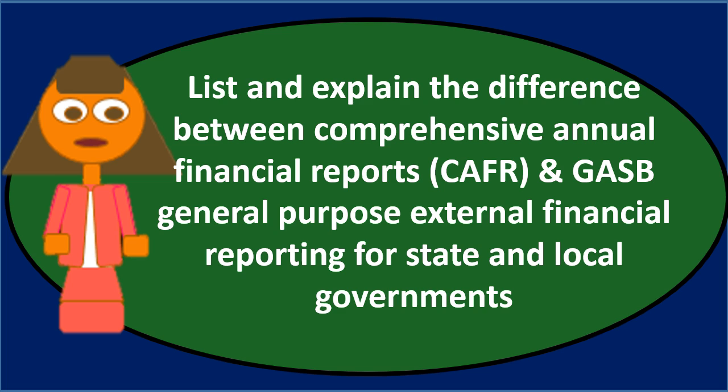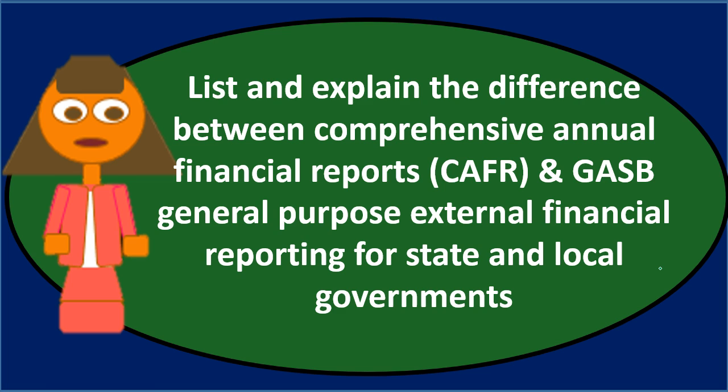Between these two, I would start off with the GASB, because this is the General Purpose External Financial Reporting, and this is basically the minimum requirements. So we have a set of minimum requirements, and then we have the CAFR, the Comprehensive Annual Reports, which are above and beyond the minimum requirements. Those are often things that state governments do, and there are regulations that give guidance on the CAFR as well, even though it may not be a requirement. So that might be the first place to start.